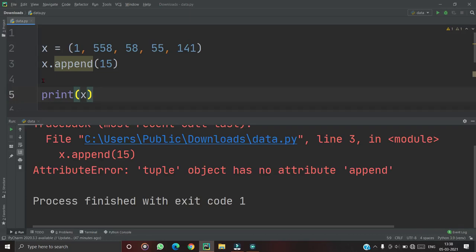Till now you know that we cannot add elements in the tuple, it is immutable. It is the same for delete, because you cannot delete individual elements in a tuple. For that you need to delete the full tuple. So you cannot delete an individual element in the tuple. This has to be remembered.